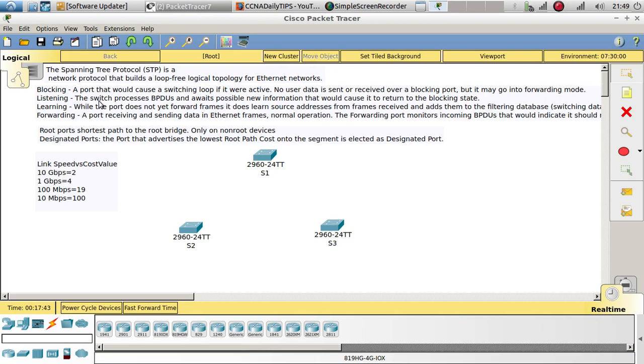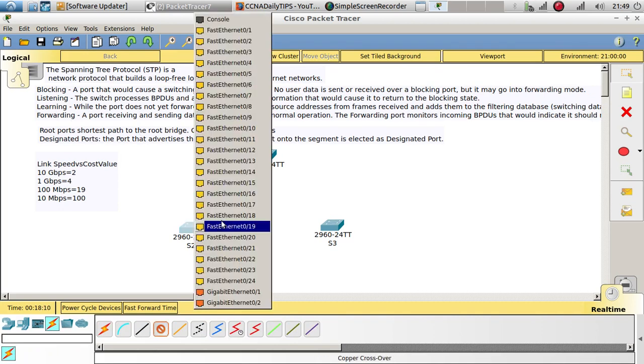The listening state is when the switch processes BPDUs and waits for possible new information. After a couple of seconds it goes to the learning state, which is while the port does not yet forward frames, but it does learn the source addresses from frames. And the last one,